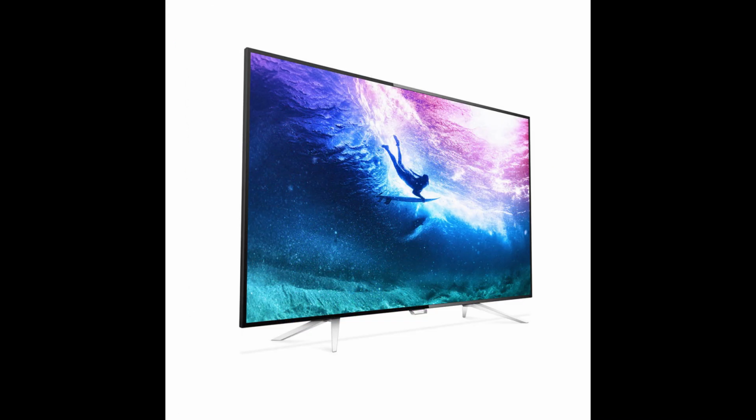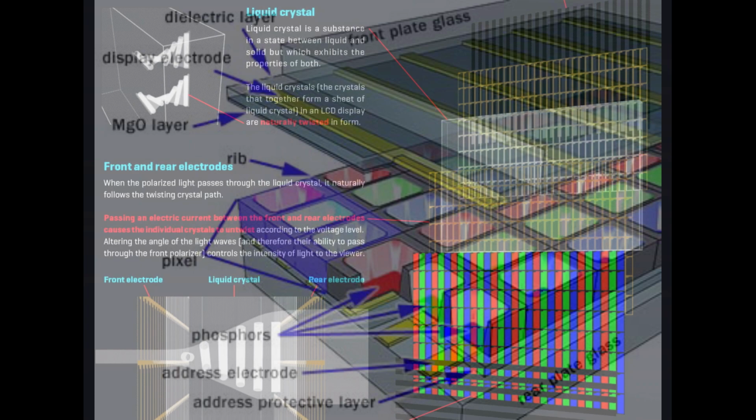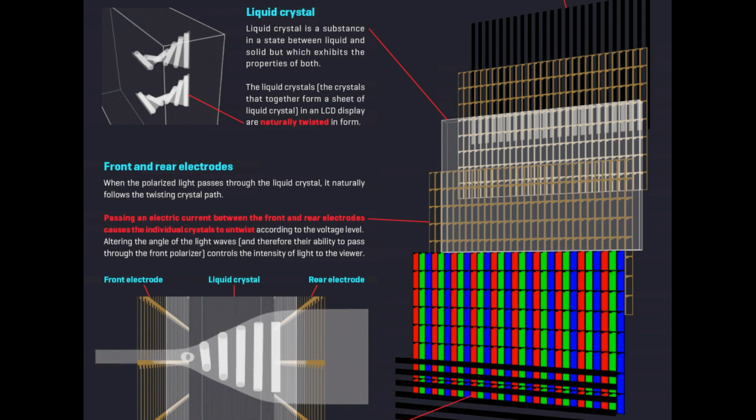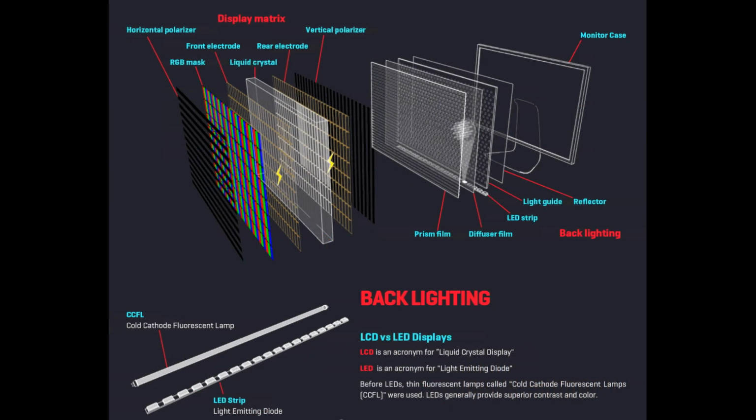LCD screens basically work on the principle that specific molecules can act as liquid crystals. They can change their alignment as the applied electric field changes. In an LCD screen, there is a backlight and 2 polarizers perpendicular to each other. Between these, there is a liquid crystal. If the rotation pattern of the liquid crystal is in such a manner that it rotates the incoming light into the perpendicular direction, then it will be visible on the screen, otherwise not.